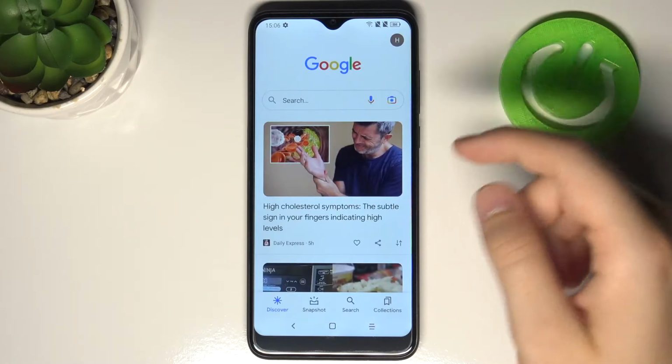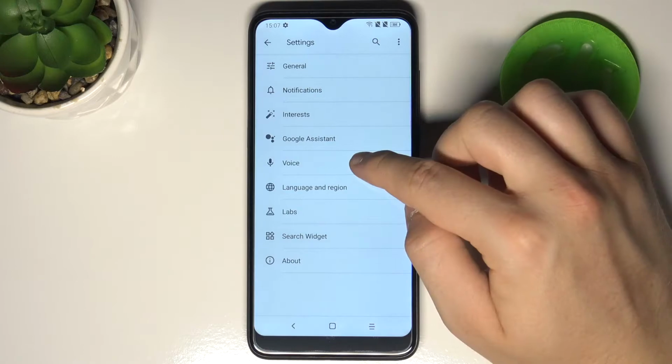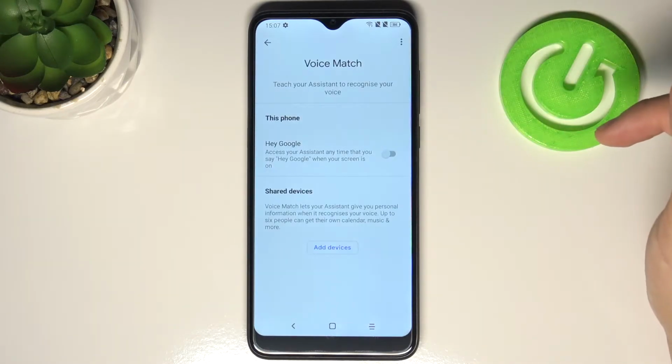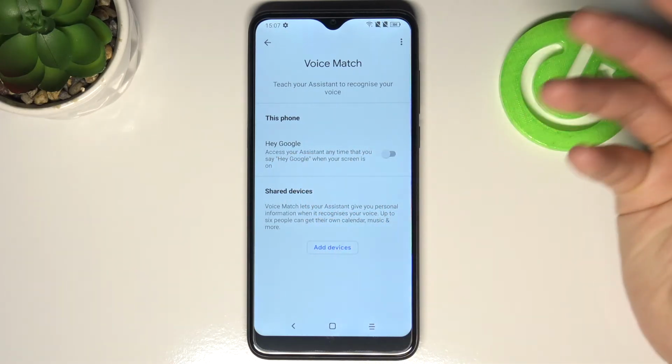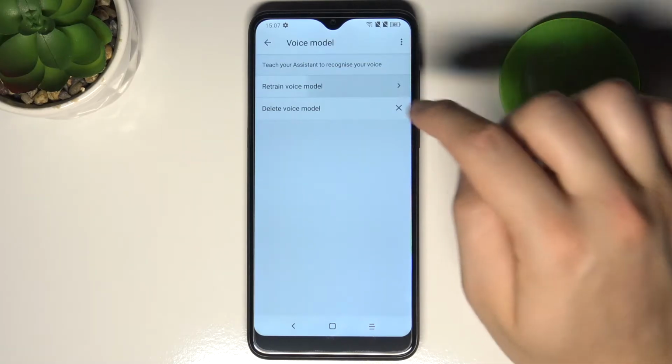So at first you have to open Google application and click on the right upper corner. Go for the settings, pick voice, and then go for the voice match. When you are here, we have to find this option called Hey Google, and if you want to activate this option, click on the switcher, and after that